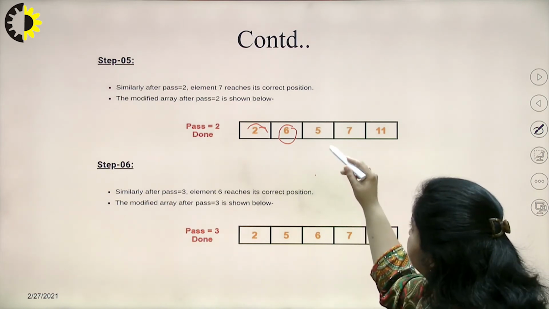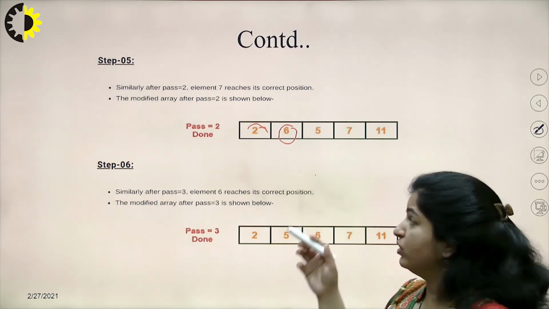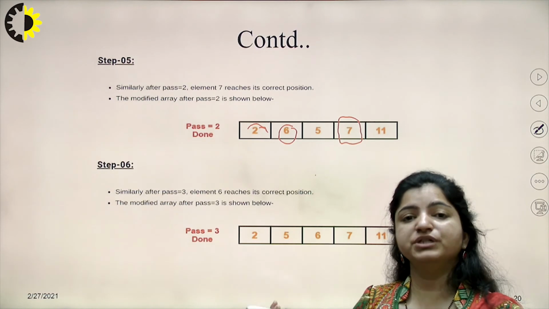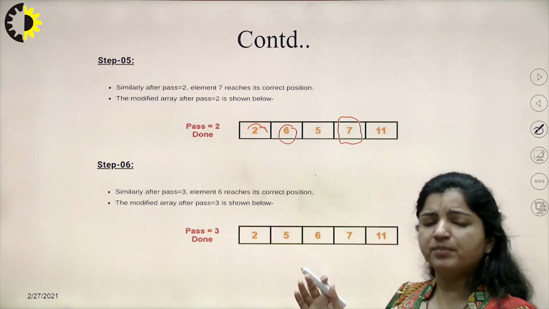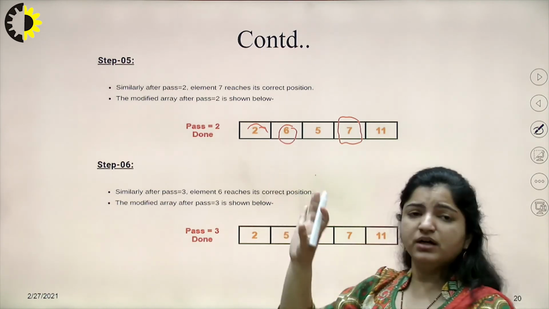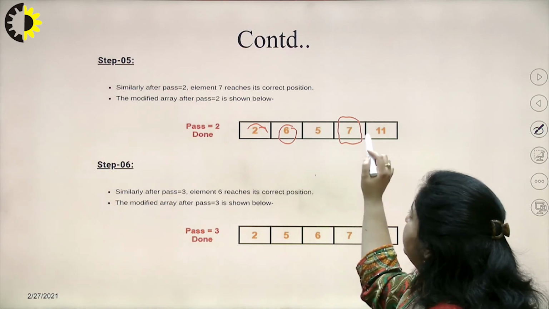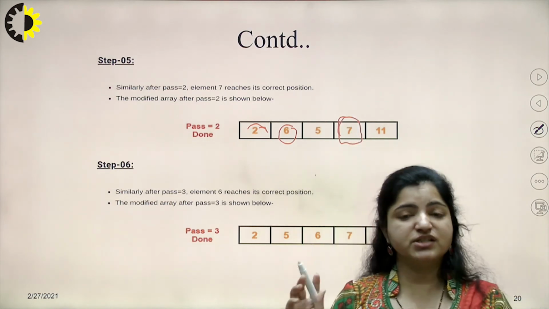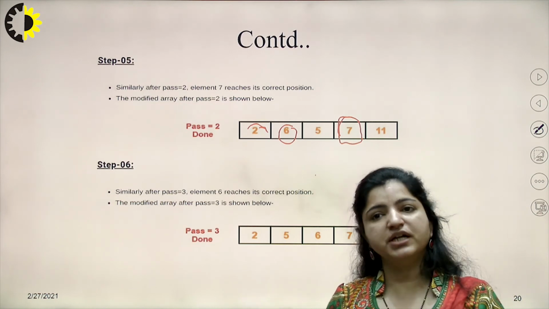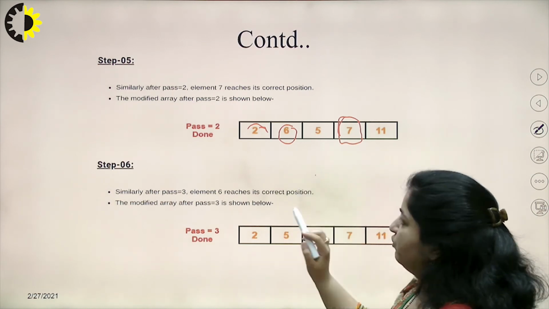So, if I see here, this swapping needs to be done in the third pass, because my second largest value has already bubbled up to its position, fine. In some examples you need to perform the complete second pass also, but in this example we do not need to perform the second pass again, because we have already reached this 7, the second largest value, at its position. In cases where it is not there, you have to run the complete second pass also, fine. So, now moving to the third pass.